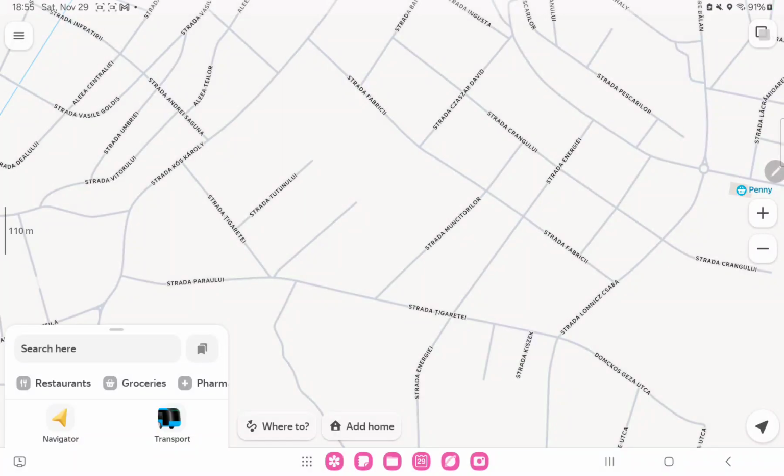Hello guys, in this video I'm going to show you how to turn on 3D mode on the Yandex Maps